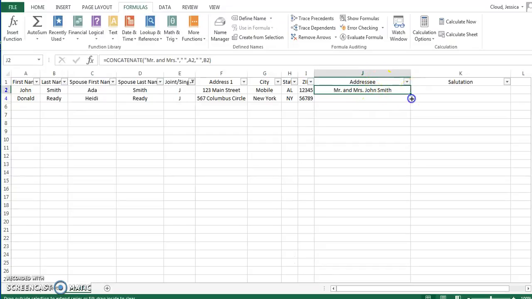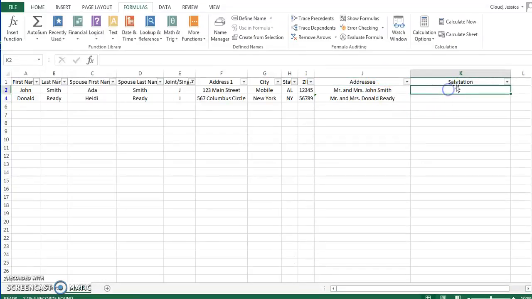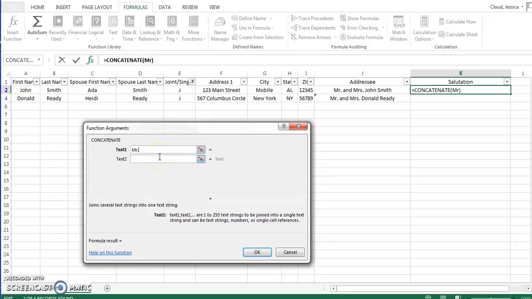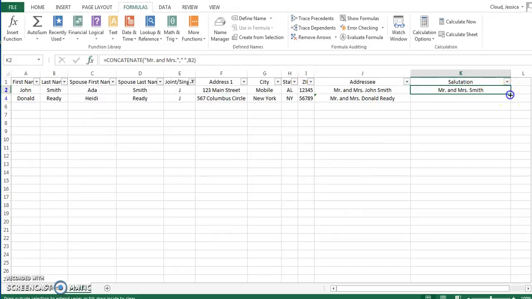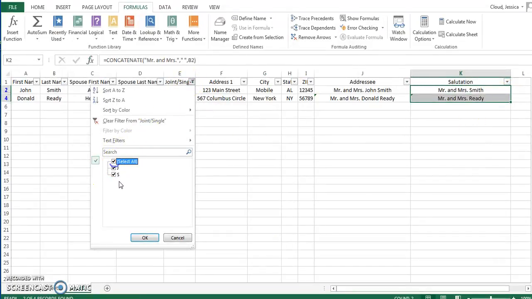And then I'll pull that down. It will create the other. Then we'll do concatenate, Mr. and Mrs. hard space Smith. Check your work right there. And pull down. Now the great thing about this system is once you're done, you can